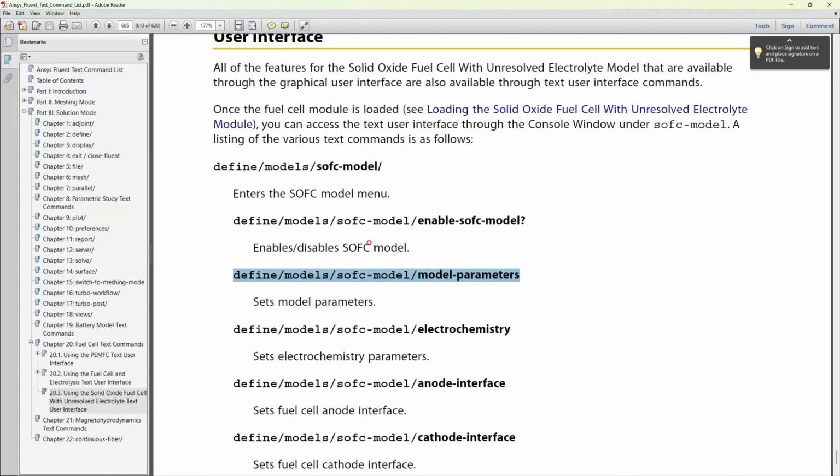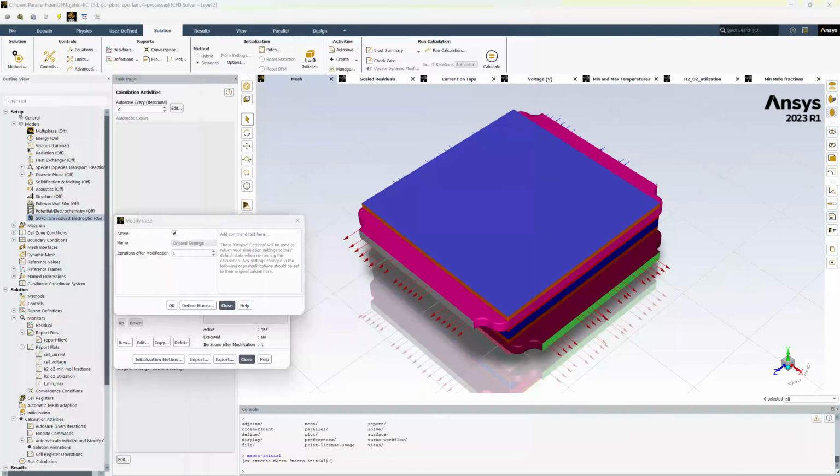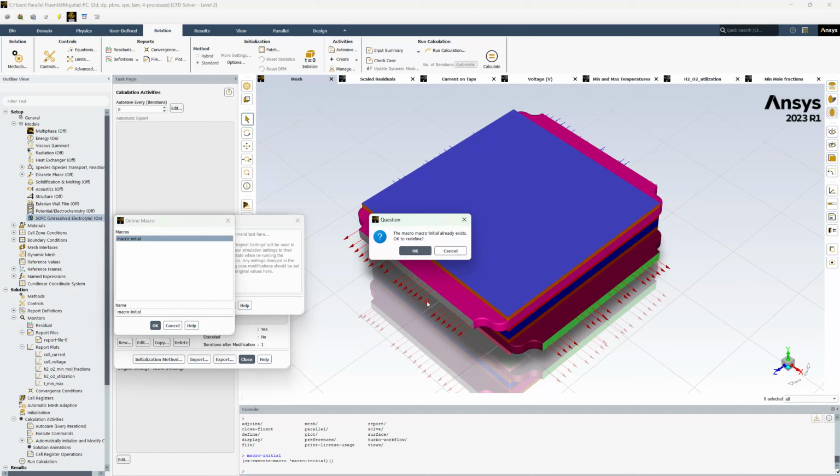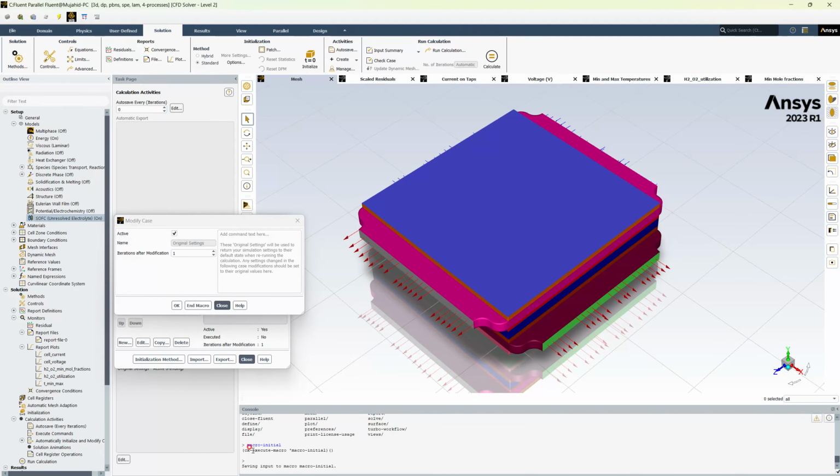So now we will modify the macro using the text commands to modify the model parameters. We'll go to define macro and define the macro initial again. If you select this one and OK, macro initial already is yes, okay. Now it is saving input to macro initial, and instead of going to the GUI, we'll go directly towards the